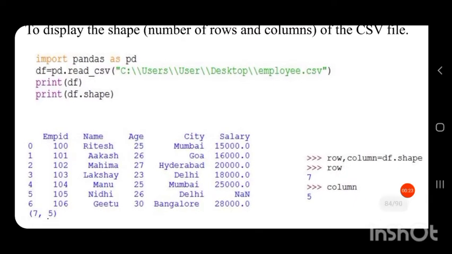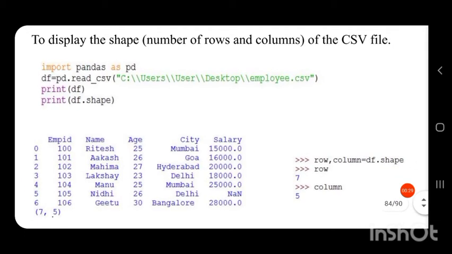In the same program we have to import our pandas library, then create a data frame, df is equal to pd dot read_csv, that is to read the CSV file into a data frame. From the CSV file we are creating a data frame df.